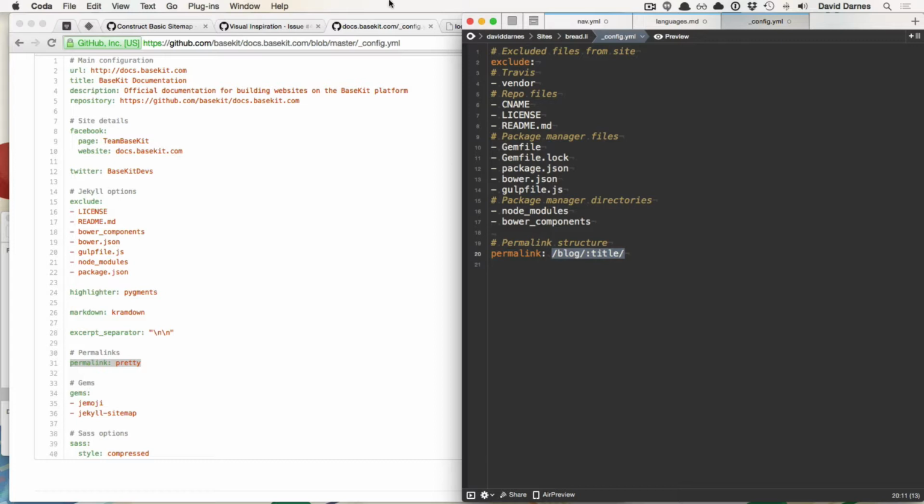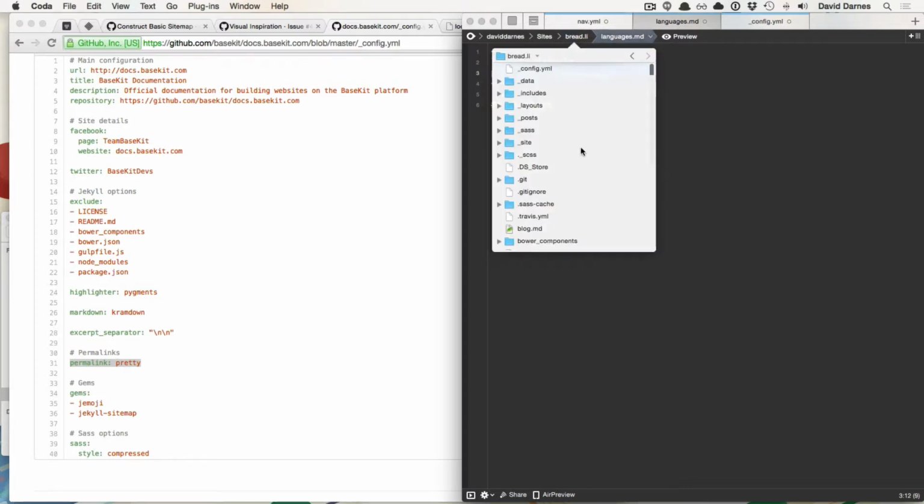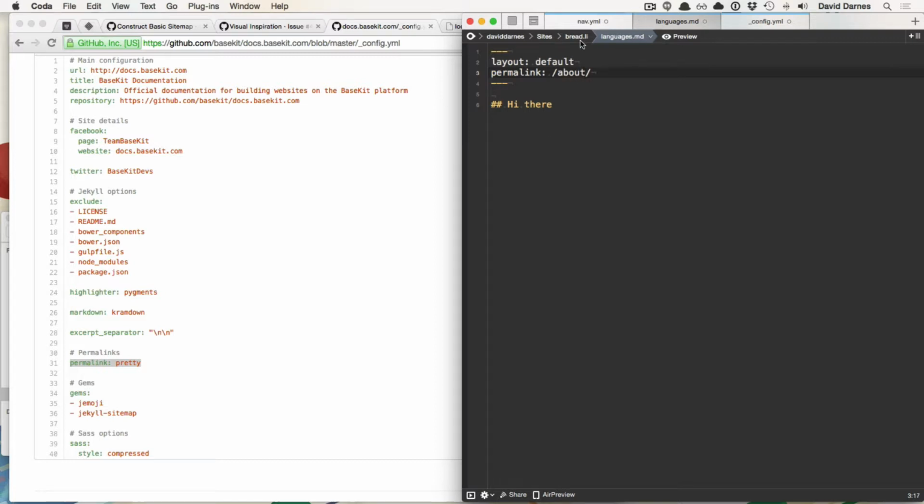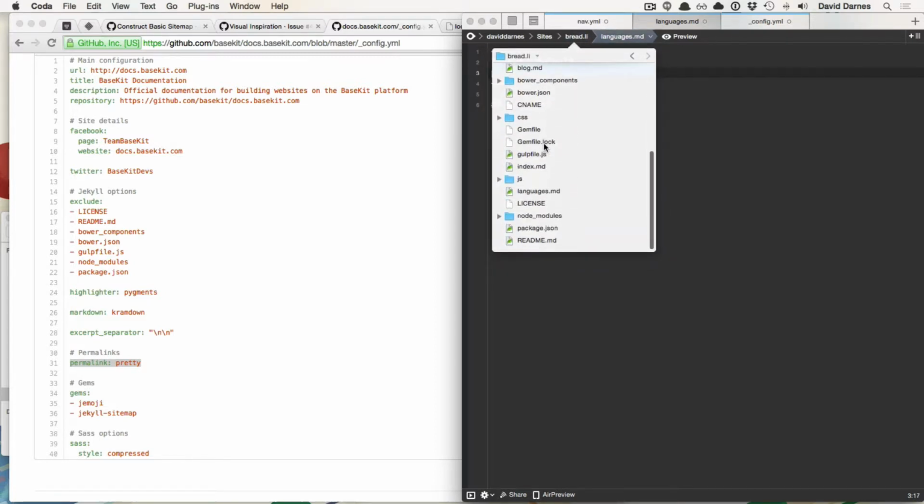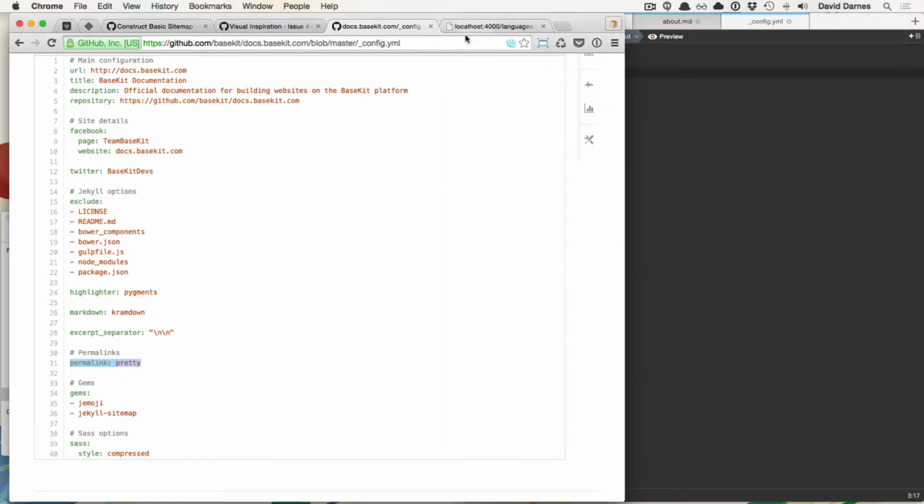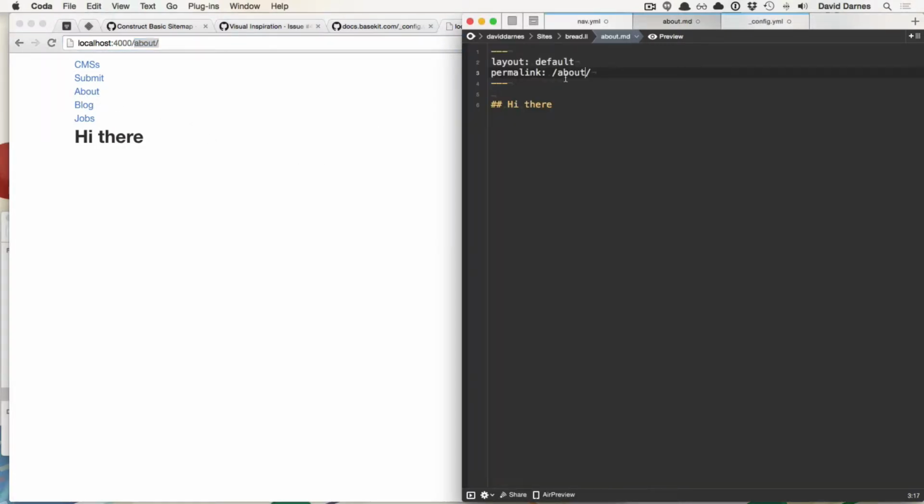So maybe what I need to do is I need to change this. I need to change languages and rename it, don't I? So let me rename this to our about page. So we'll call this about, and then we shall rename languages to about. There, it didn't change or anything. So we've got it in there,